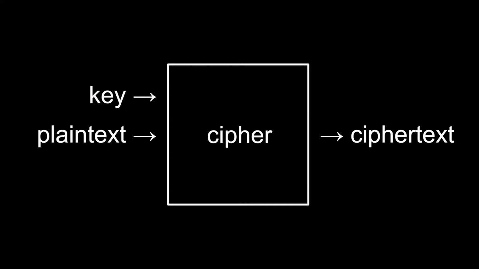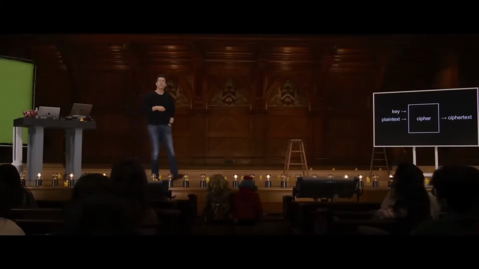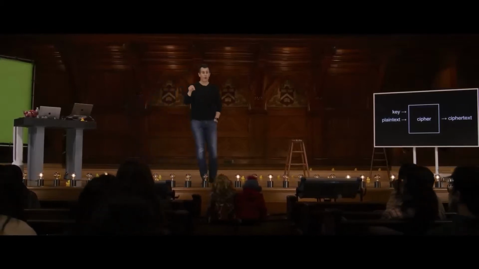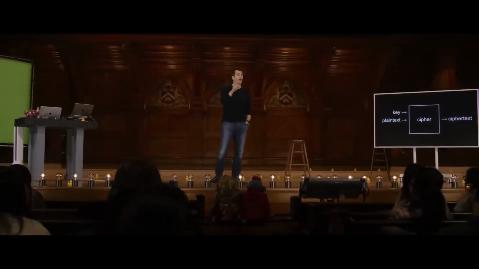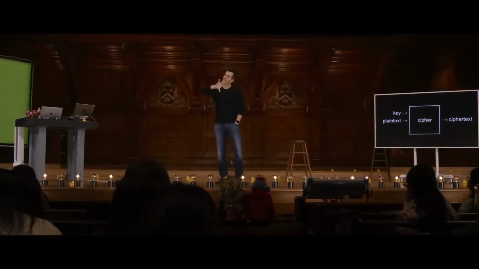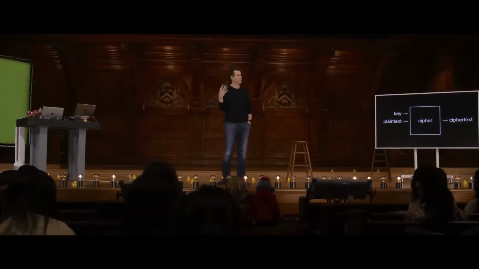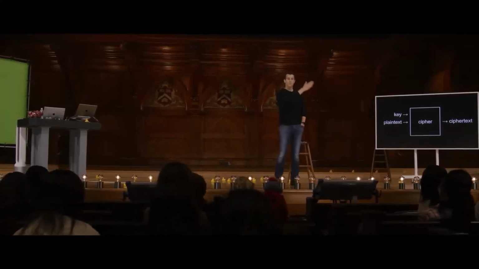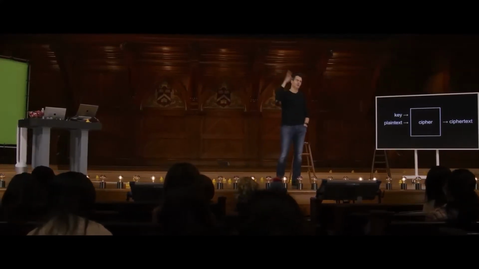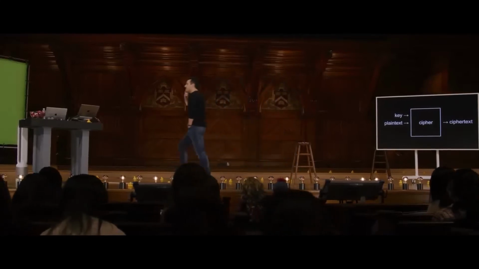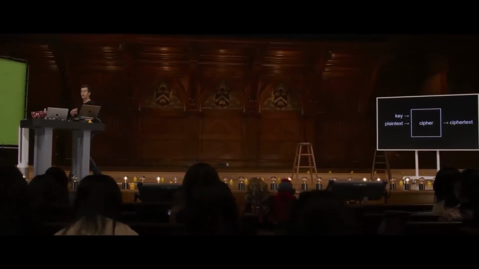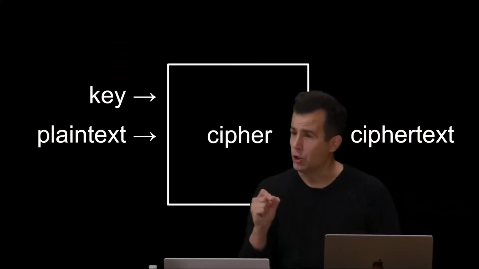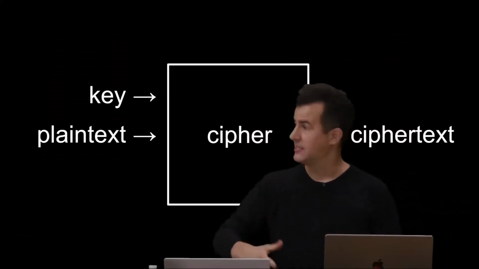So for instance, suppose that the simplest thing I could think of as a kid was, instead of sending the letter A, why don't I write the letter B? Instead of the letter B, why don't I write the letter C? So I can kind of shift the English alphabet by one space. So A becomes B, B becomes C, ... Z becomes A. You can wrap around at the end. And let's assume no punctuation in this part of the story. So that's a very simple algorithm. Add a value to each letter